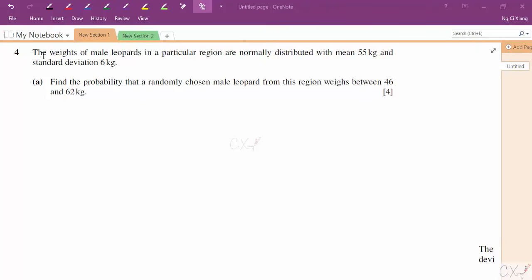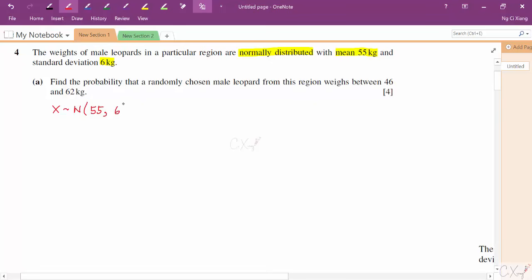We have the weight of male leopards in a particular region being normally distributed. Maybe this is the keyword to highlight: normally distributed, with a mean of 55 kilograms and a standard deviation of 6. Find the probability that a randomly chosen male leopard from this region weighs between 46 and 62. It is very obvious that this question belongs to the normal distribution,